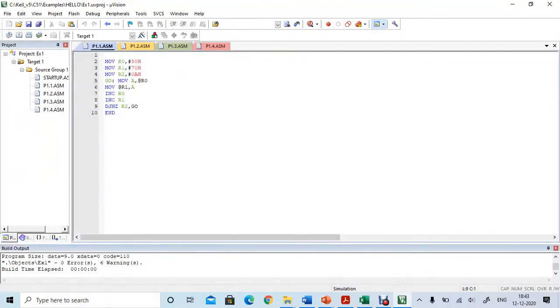So this is how the programs are to be executed. First we have to create the project folder and then click on new or create new document and type the program, save the program with the .asm extension and add that program to the project folder and build the target, go to debug session, start the debug session, give the input in the memory location specified and check the output in the memory location specified and then stop the debug session.